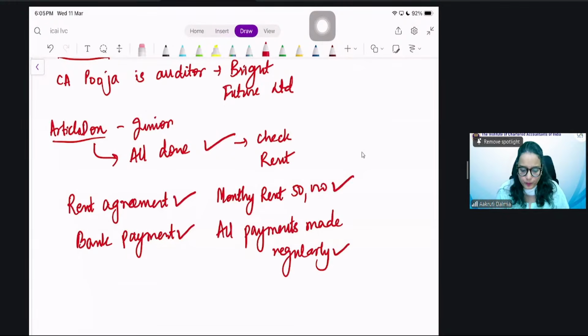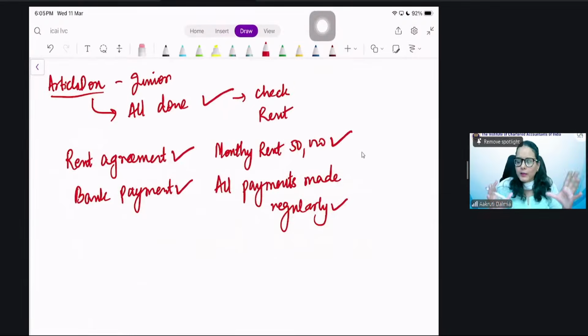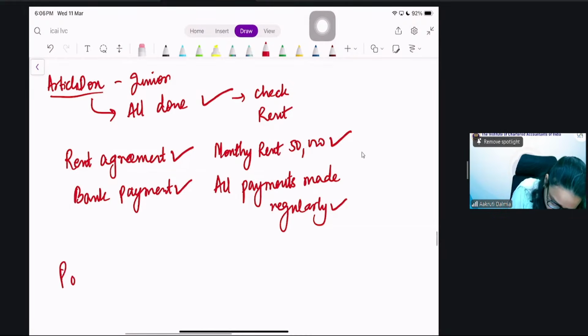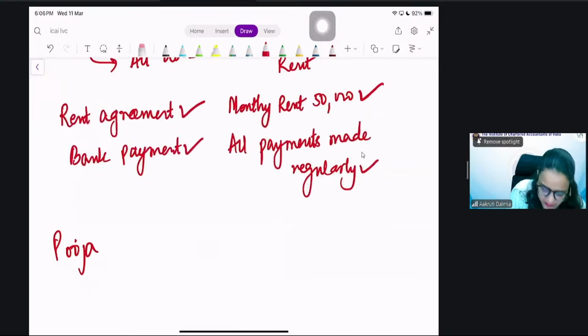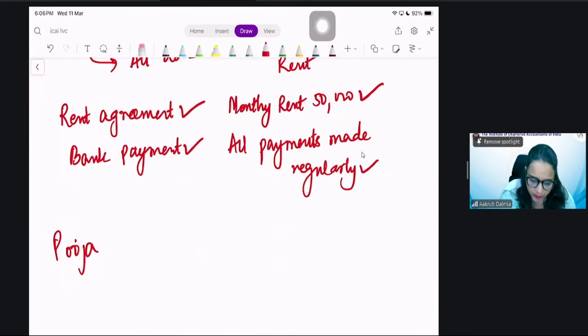There is no issue. And then Pooja makes a very philosophical statement and says, Don, sometimes the biggest problems hide inside perfectly matching documents. So what is Pooja saying? That sometimes the biggest problems are there even though the documents are perfect. And then Don is confused. What is Pooja madam saying? So Pooja asks, okay, the rent agreement is tallying with the bank statement, everything is tallying. But